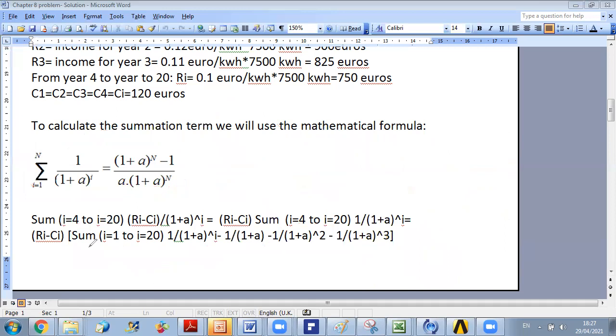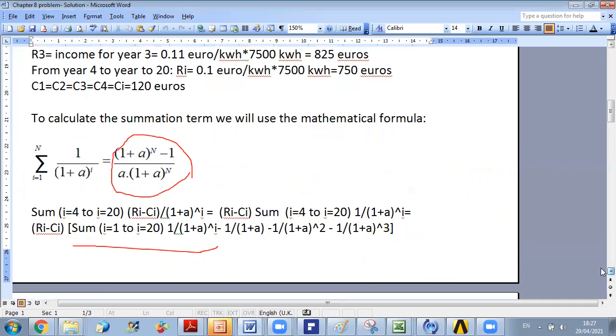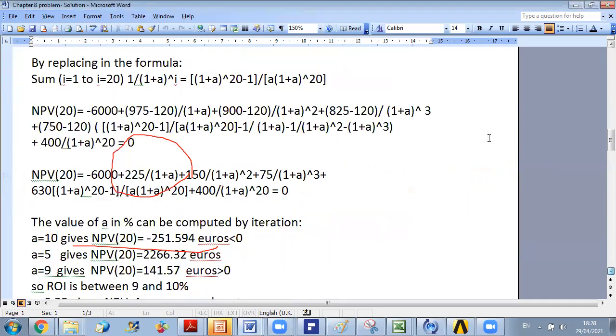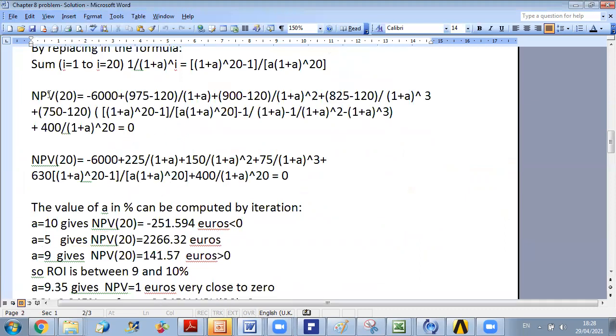We will replace this summation by its value, which is 1 plus a to the power n minus 1 over a times 1 plus a to the power n. And then if I replace it in my summation in the NPV value, we will see it here. So now NPV at year n will be equal to, so this is the year, you have initially the investment. You have the income from year 1, R1, minus the cost C, minus 120 over 1 plus A,